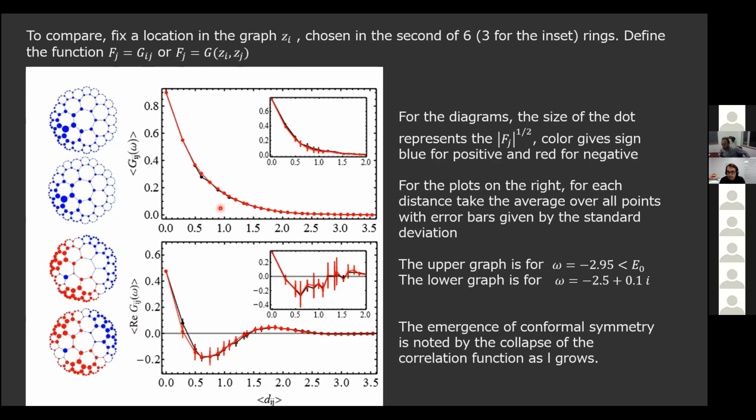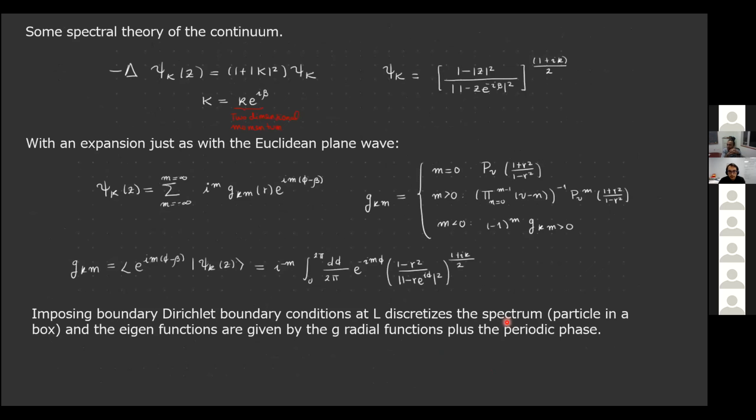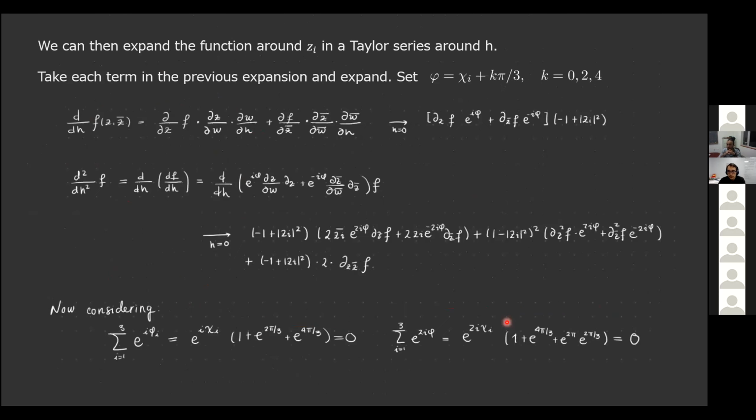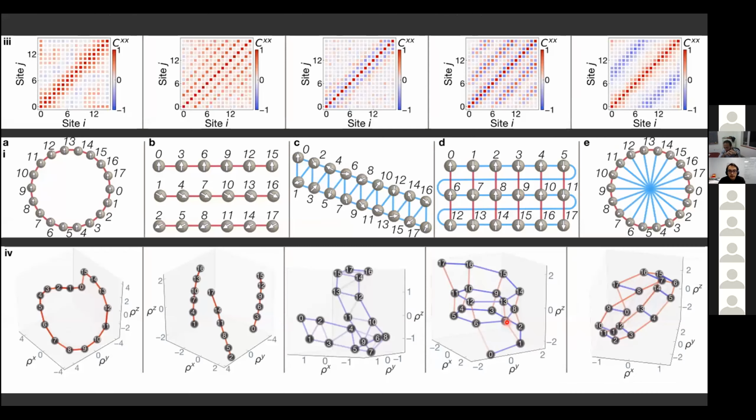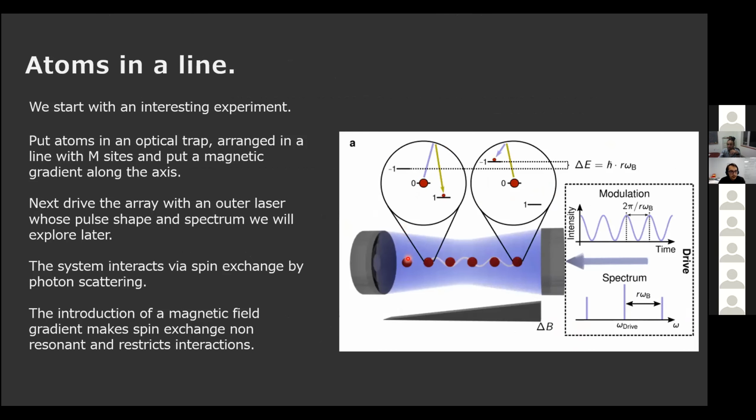Any other questions? I actually have a few questions. At the beginning of the talk, in the first few slides, remember when you were discussing this model with some gradient magnetic field and a bunch of atoms on a line. So experimentally, how many atoms can they squeeze in there? What's the limit? I think that they said that each one of these red dots has like 10⁸ atoms, and then they have 17 points in the ladder.